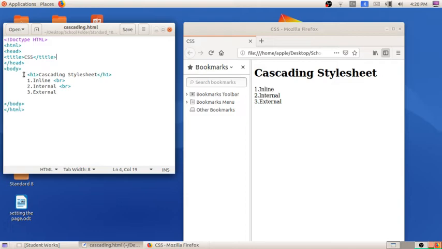Inside the body tag itself, I am applying the style: style equal to background colon hash 0000ff, and closing it.